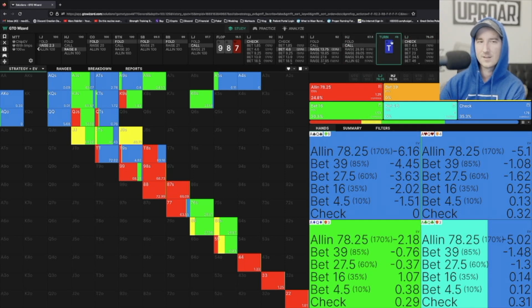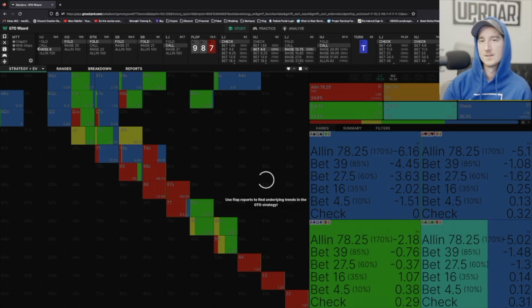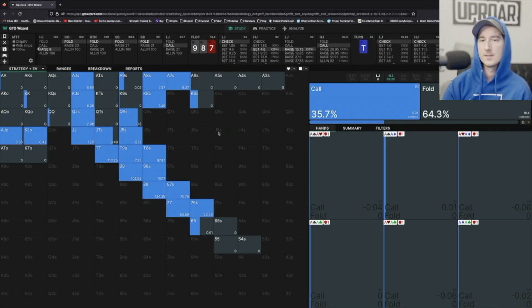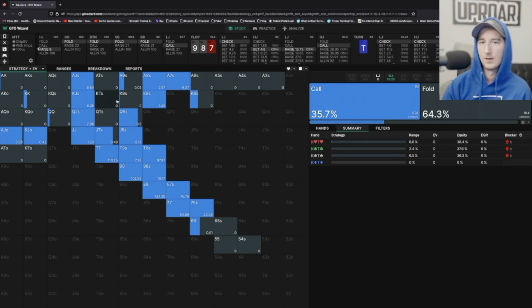He does end up, I think he technically didn't choose an all-in size because we were actually deeper than this, and GTO Wizard only goes up to 100 big blinds effective. We're probably like 300 big blinds effective because it's very early in the tournament. But this is like the closest size to what he did. He probably did like 125% or something like that. So when he goes all in, we see that, you know, actually if we go to the summary of the,